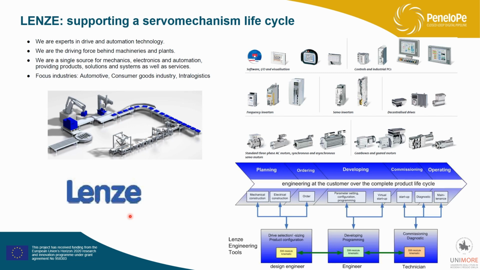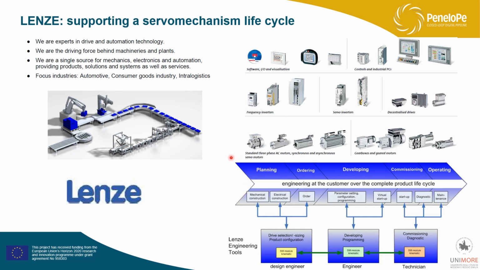An example of using AutomationML comes from the German company Lenze, which is a company involved with drive and automation technology. They provide several systems for automation, ranging from motors to software systems to PLCs, drivers, and so on. And they have a quite complex life cycle of their products,